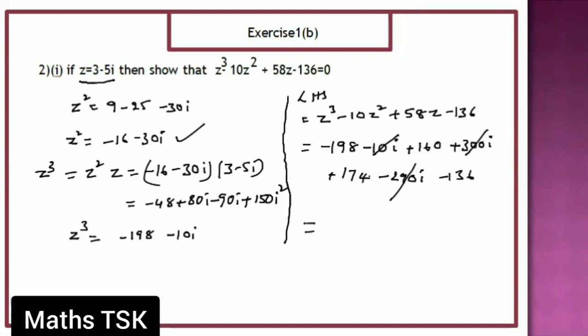Next, when you add these two things, you'll get 24. That's minus 24. And when you look here, when you add these two things, you'll get minus 24, plus 24. Okay, these two get cancelled, so the answer is 0. There is RHS. Okay, next we move on to the next problem.